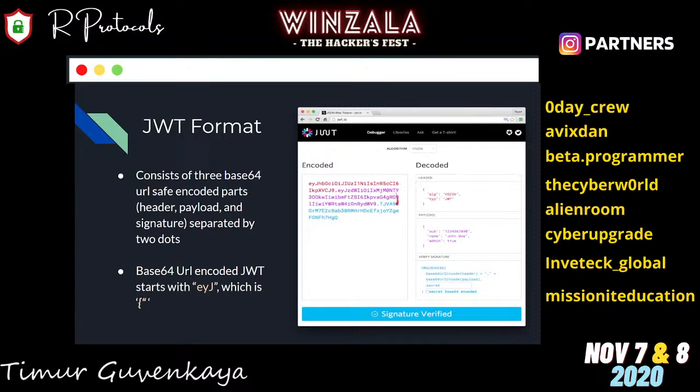The most important part in here is the signature. The signature gives us integrity. It prevents people from tampering with the token, because when the token is sent to an application, it gets verified, and only then is the data read. The header contains some metadata about the token, such as the type, which is JWT, and the algorithm, which is HMAC, in this case HS256. You might ask how it's verified on the application side. On the application side, it's basically verified in a way that everything is base64 decoded.